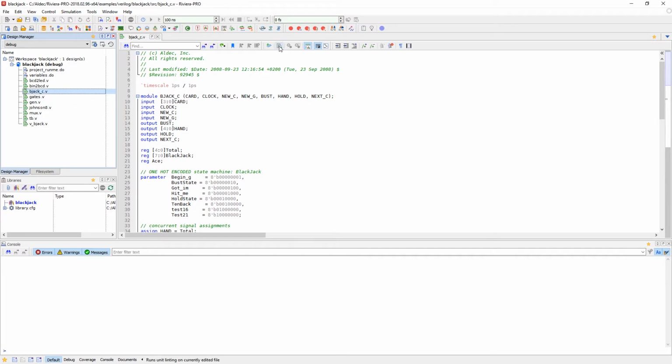We can now utilize unit linting from either the GUI or our design manager by right-clicking on the desired file or files. In either case, these options will perform linting on the relevant files and report those violations straight to our console here within Riviera-PRO. I'll go ahead and demonstrate this by launching the feature via this button here, which will go ahead and lint